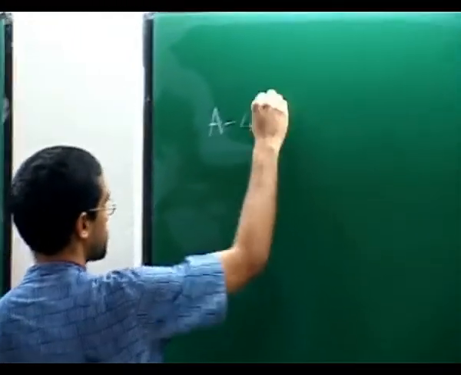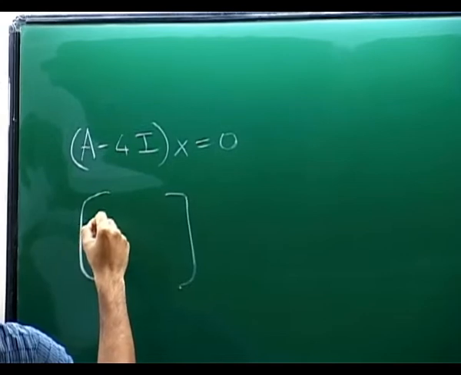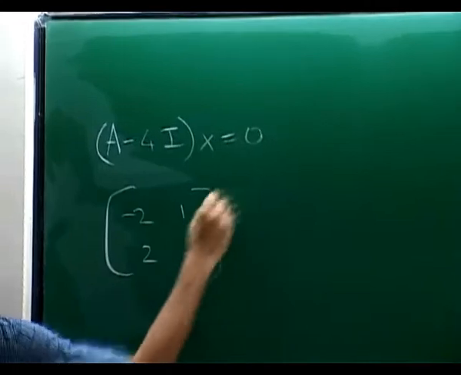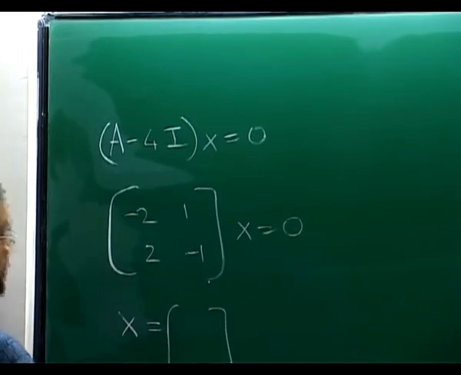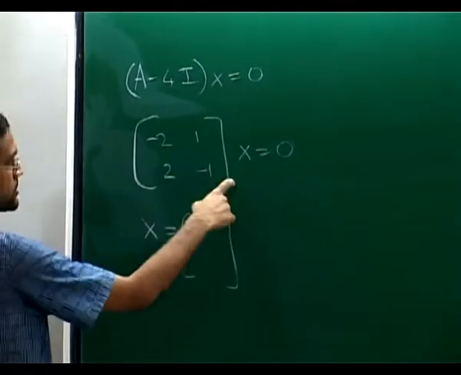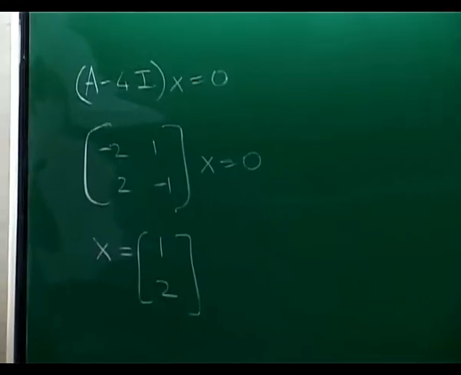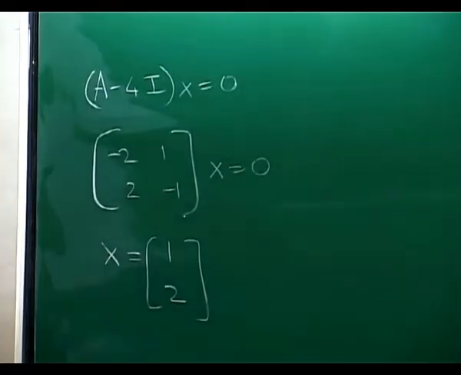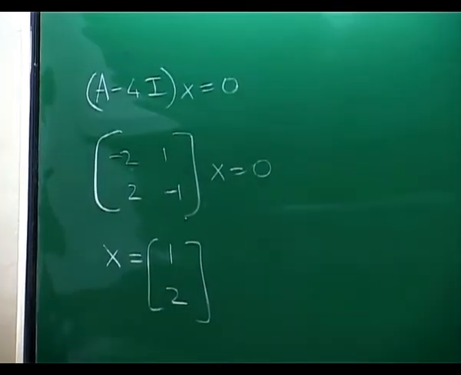So we have A minus 4 times identity times x is 0. So I have the matrix with entries 2 minus 4 is minus 2, 1, 1, 2, times x is 0. So by the same token, what should x be? So I have minus 2x1 plus x2 is 0. So I can take (1, 2). Okay, so I found two eigenvalues, 1 and 4, with these two eigenvectors, right? So this procedure, I'm sure, is familiar, right? This is how we do this.